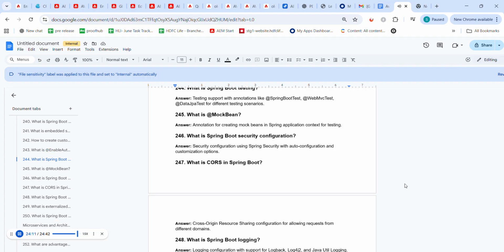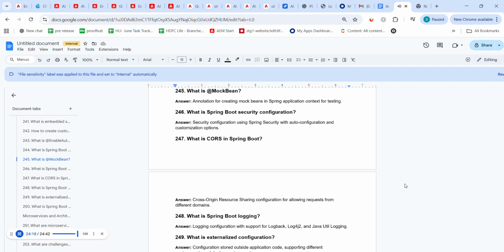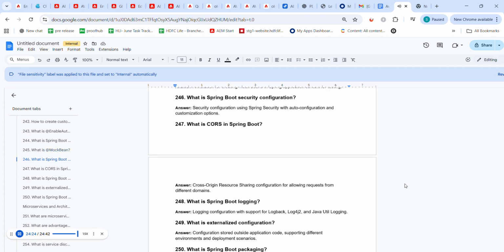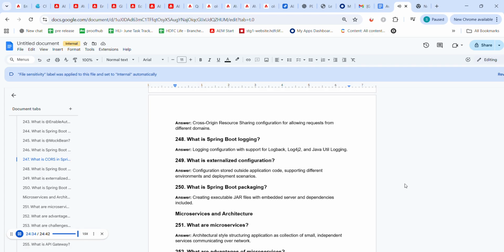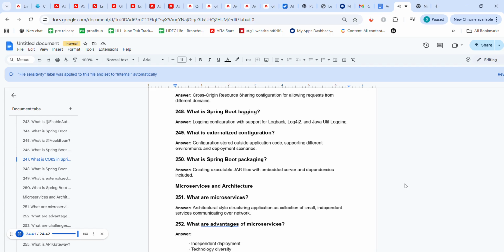245. What is MockBean? Answer. Annotation for creating mock beans in Spring application context for testing. 246. What is Spring Boot security configuration? Answer. Security configuration using Spring Security with auto configuration and customization options. 247. What is CORS in Spring Boot? Answer. Cross-origin resource sharing configuration for allowing requests from different domains. 248. What is Spring Boot logging? Answer. Logging configuration with support for